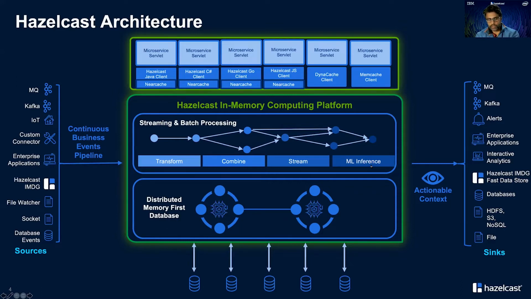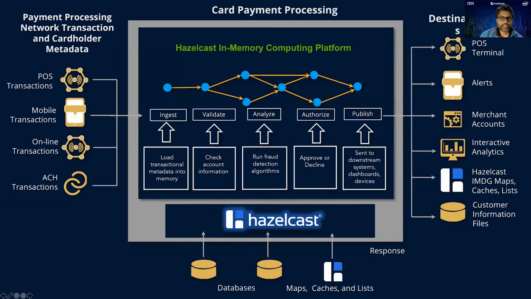Now, as you can see towards the left-hand side of the screen, that shows the type of sources the platform can ingest or consume data from. So let's say you had a payment processing infrastructure, for example a credit card processing system, where you have multiple different sources for processing your credit card transactions, whether it is POS terminals, or you're purchasing something on your mobile phone, or you are buying something online, right? Or a simple banking transaction.